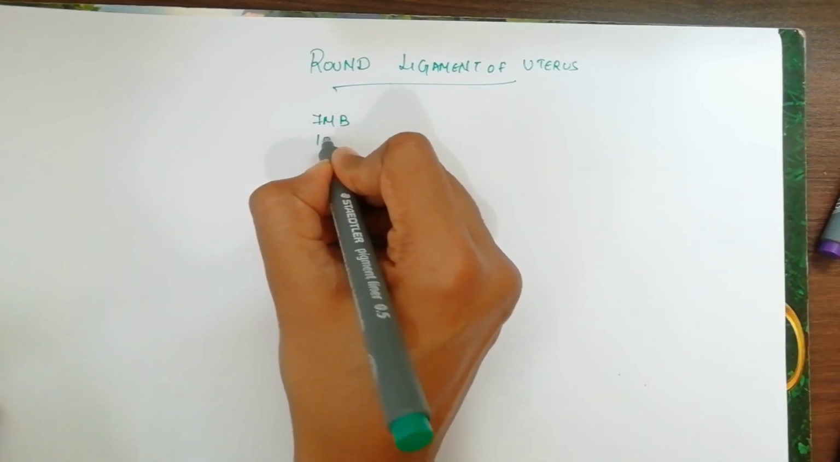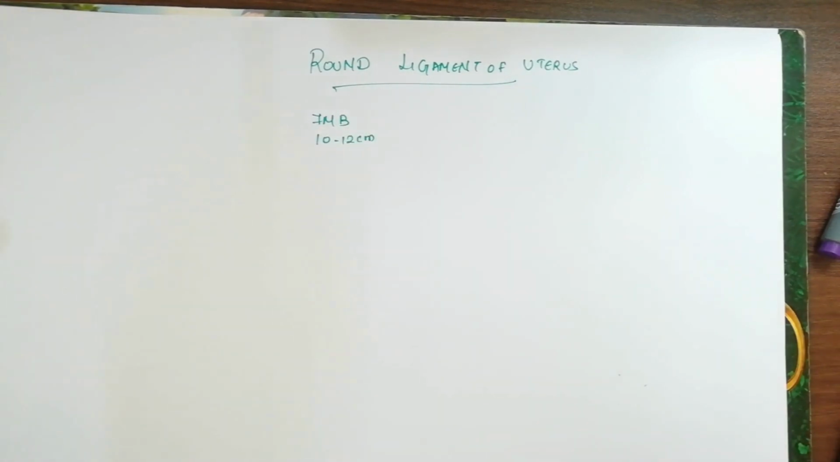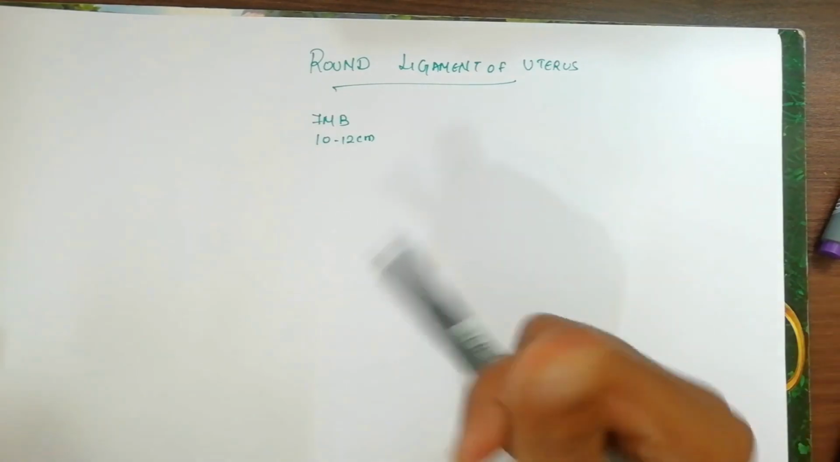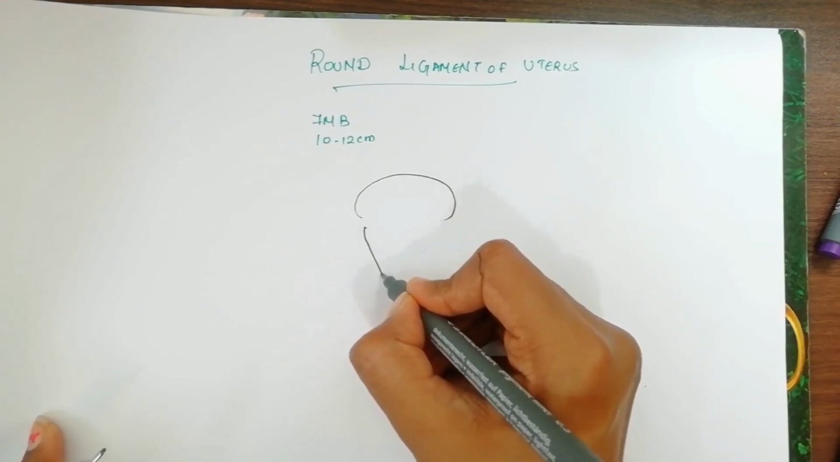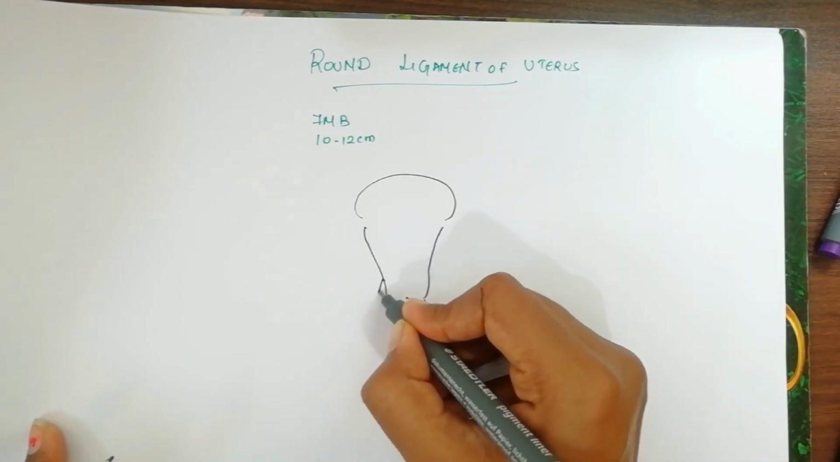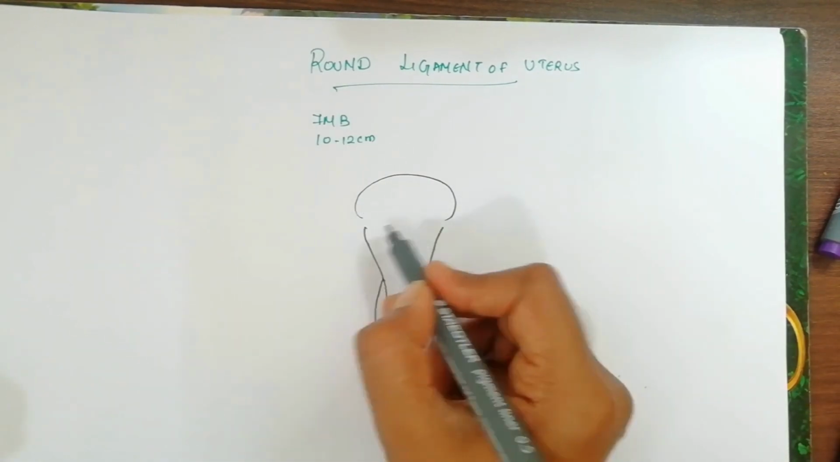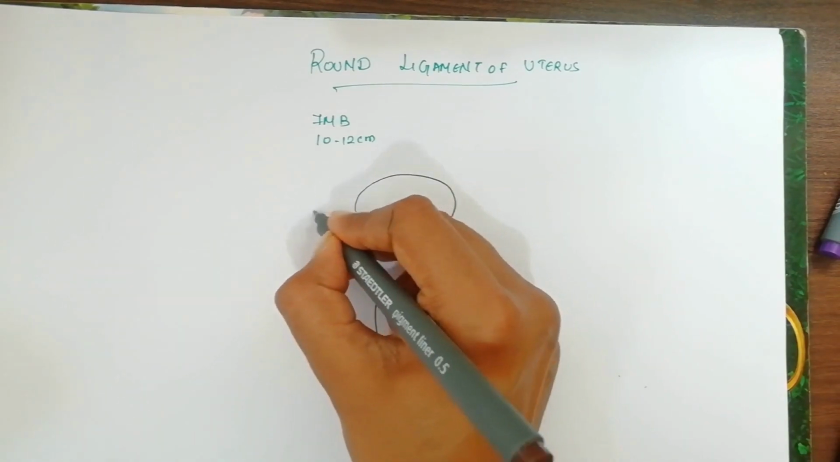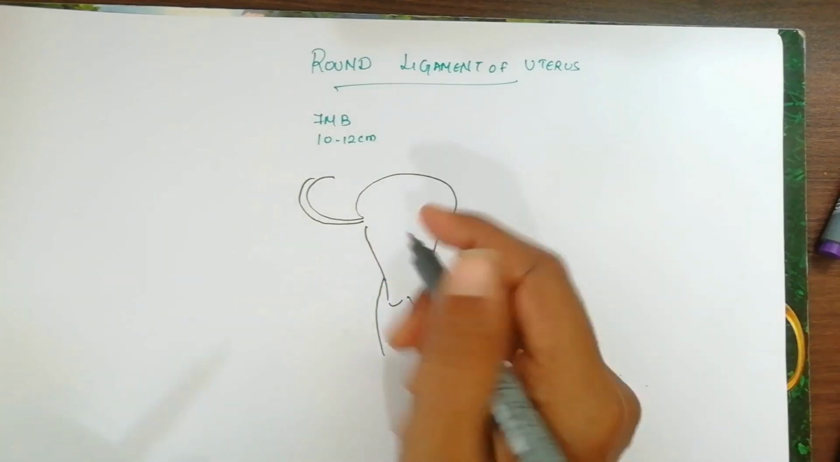And here it is about 10 to 12 centimeter in length. Now we are going to deal with the course and how it is placed. For that we have got our uterus, and we have dealt with this round ligament, where it will be seen. So we have got our lateral angle of uterus placed. This is the lateral angle or cornua. In the cornua, as we already know, we have got our uterine tube, and the next structure we have is